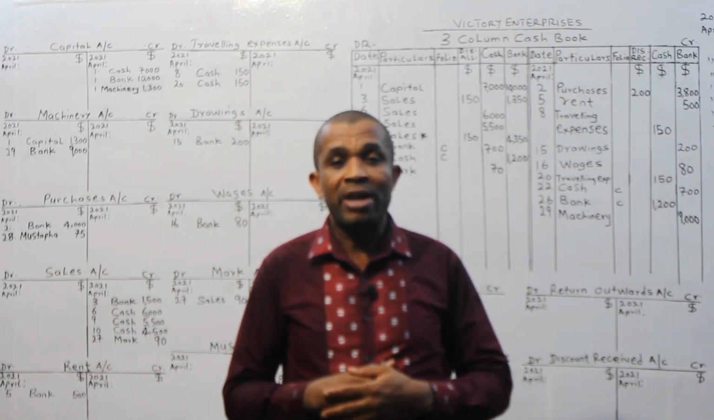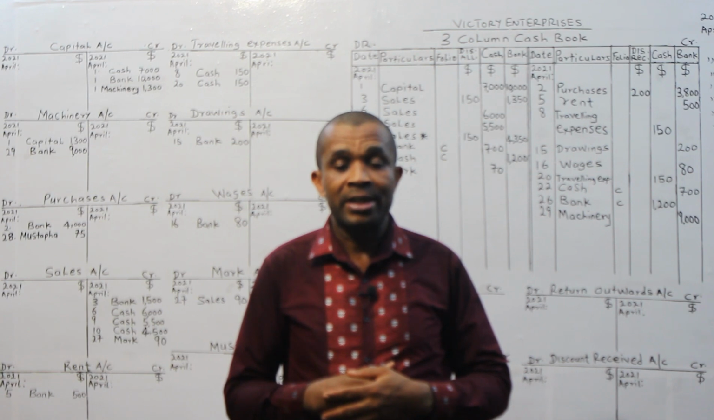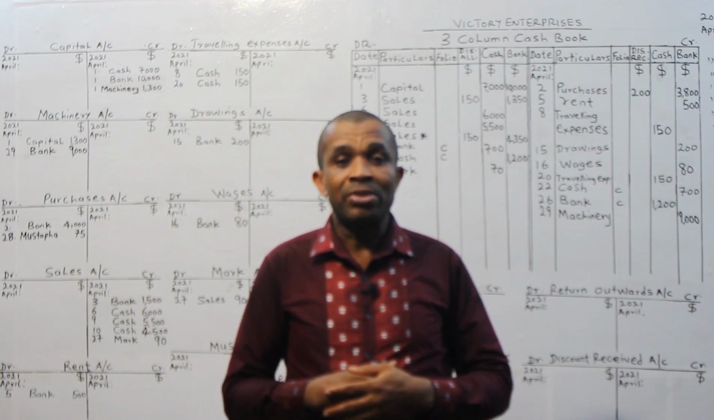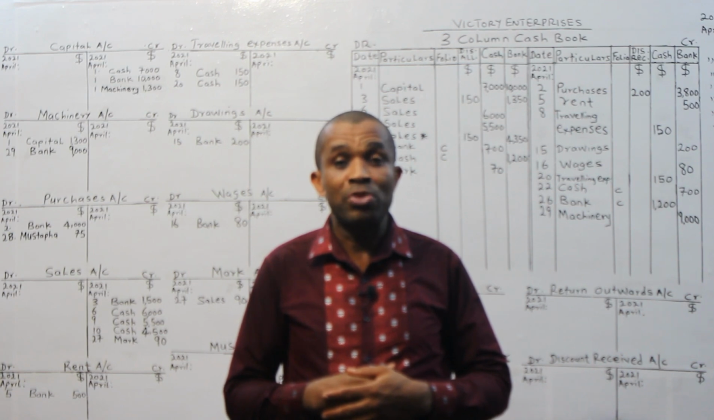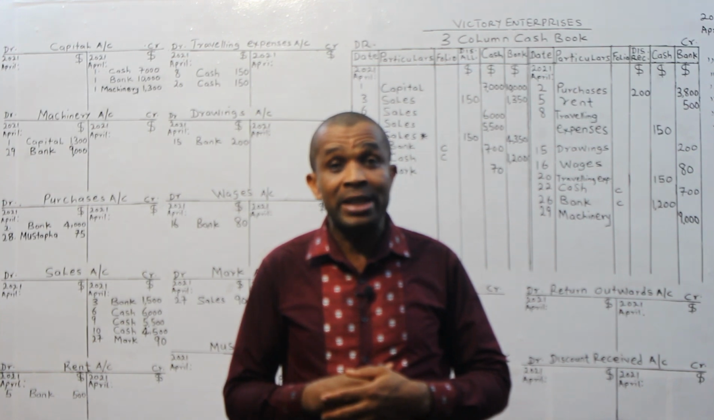Remember that Mustafa is a person that we purchase goods from on credit. The account is called payable account. That is Mustafa's account. Now that we are returning goods to Mustafa, remember that when we purchased the goods from Mustafa on credit, our purchases account representing our purchase person was debited, while Mustafa's account was credited